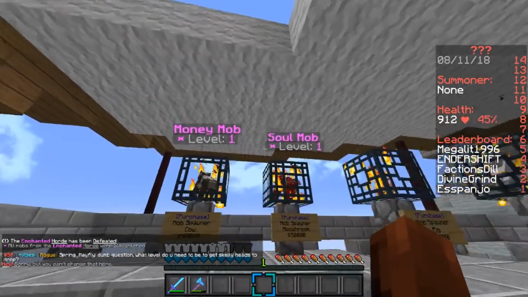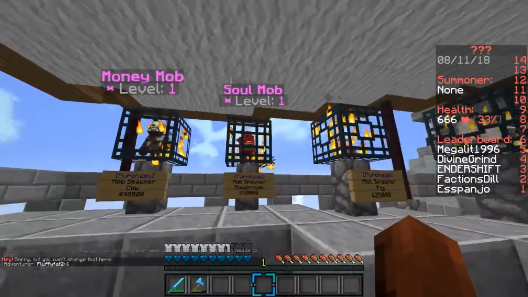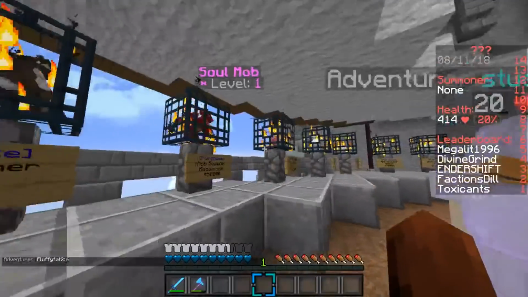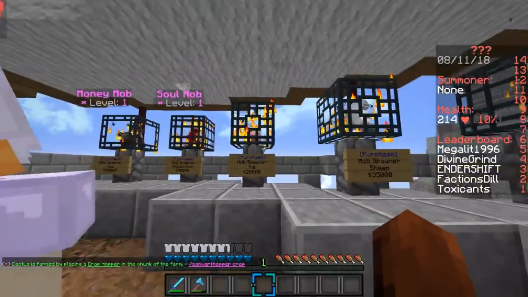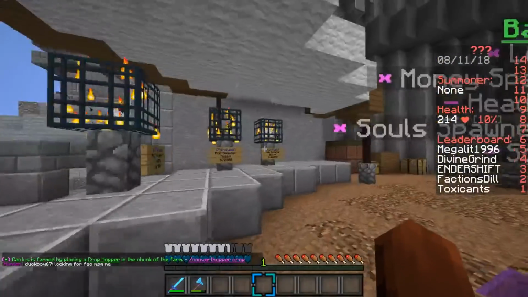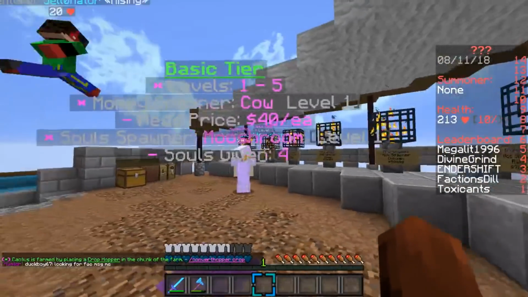This is the money mob and that is the soul mob. So I'm not sure which one we should get first off. But I assume we just use those to level up, and then pig is level 2 or something. I'm not really sure. But it is only 25,000, so it makes it seem like that would be level 1. So I'm not sure if these are for headhunting and the other ones are for...